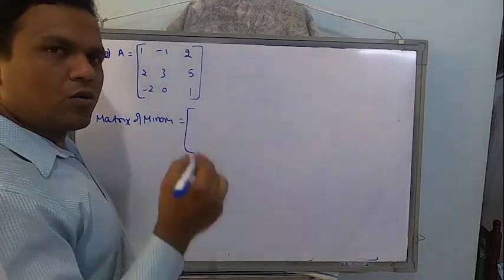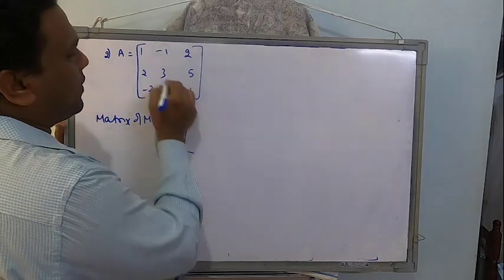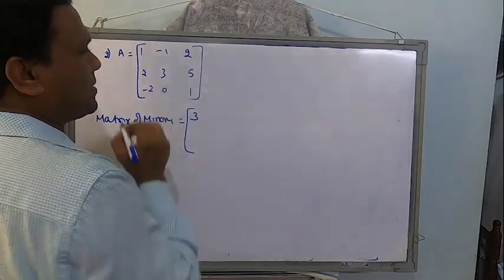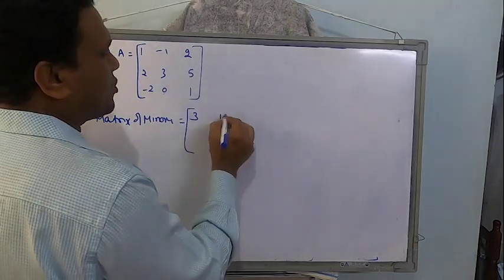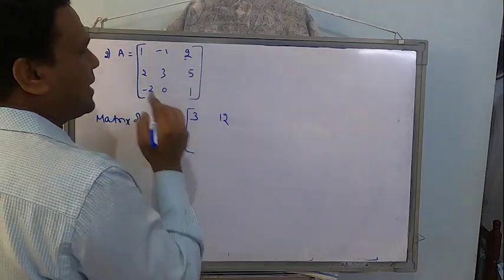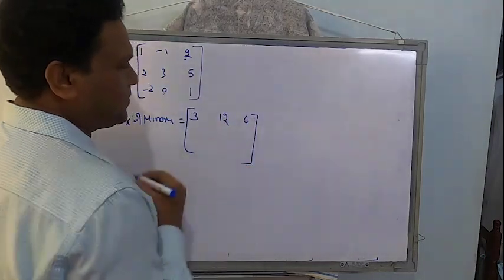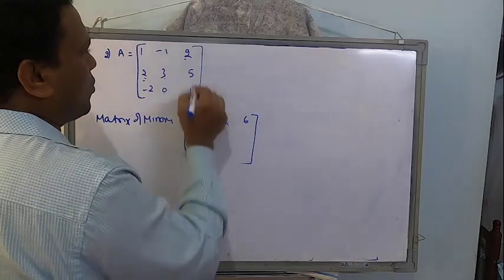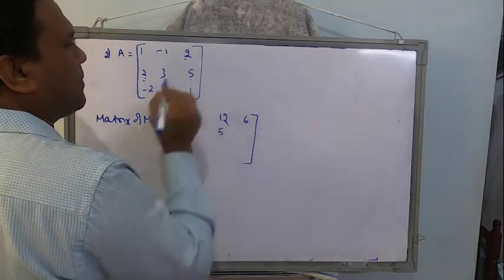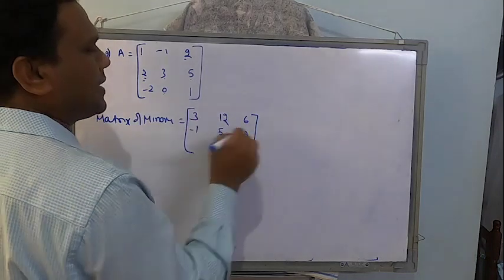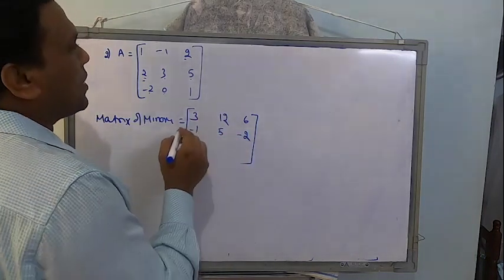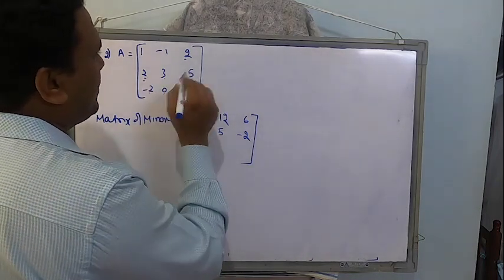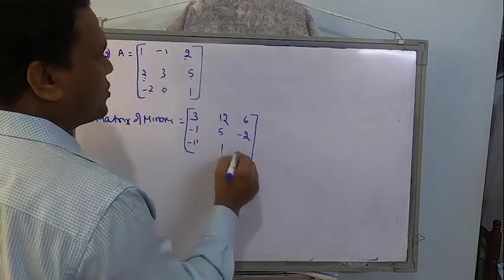Wherever the element you take, block the row and column and expand the remaining 4. So minor of 1, that will be 3 minus 5, which is minus 2? Let me continue: minor of 1 is 3 minus 5. Minor of minus 1: 2 plus 10, that's going to be 12. Minor of 2: 0 minus of minus 6, so that's going to be plus 6. Next row, minor of 2: minus 1, 0, it is minus 1. Minor of 3: 1 plus 4, that will be 5. Minor of 5: 0 minus 2, that's minus 2. Now the third row: minus 5, minus 6, that will be minus 11. Minor of 0: 5 minus 4, 1. Minor of 1: 3 plus 2, that will be 5.